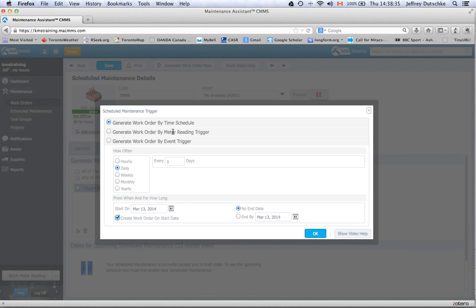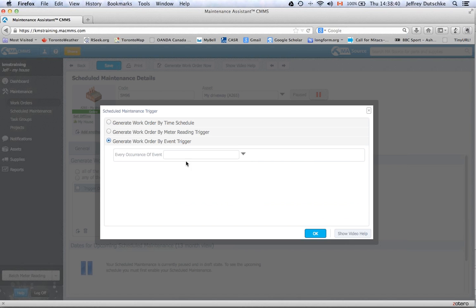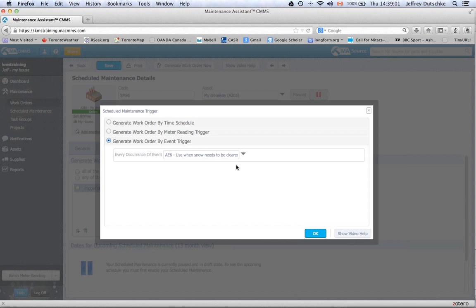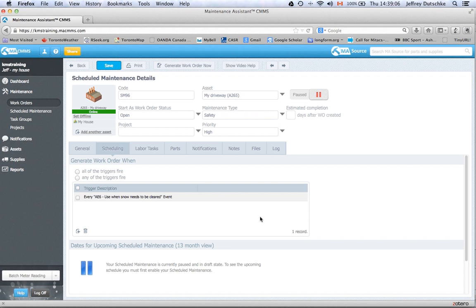So we've been through time scheduling, we've been through meter reading. This one's an event trigger, and so we use that. And we wish to have this scheduled maintenance, which is clear the snow from my driveway every time it snows on my driveway. So I'm going to set it using the event type snow clearing, and we can set these up as administrators in the MACMMS, and I'll go through that next as well, how we can create a new one. So use snow clearing as the event, and we click OK, and so there it is there, and we